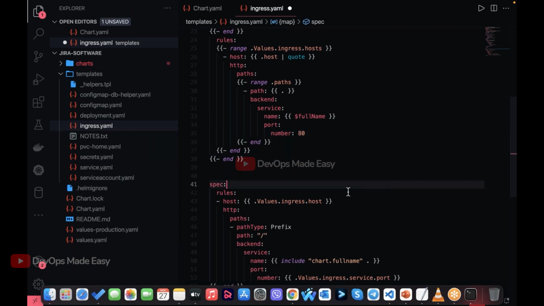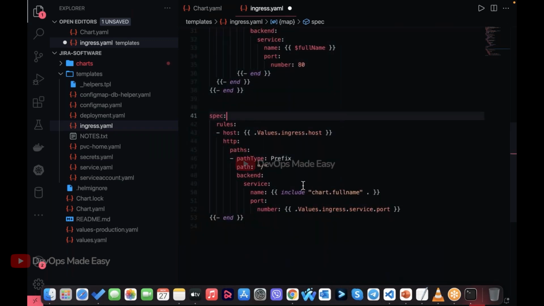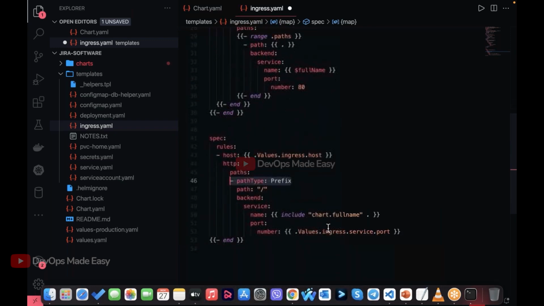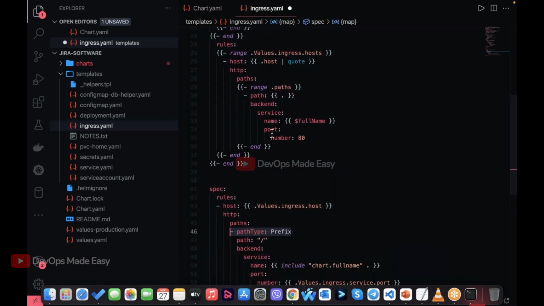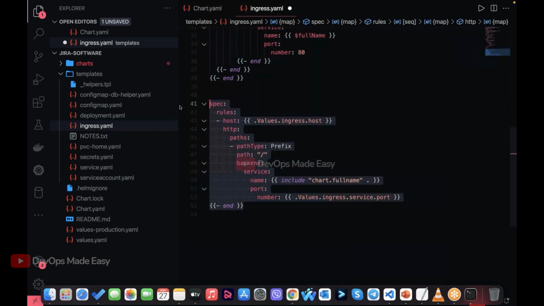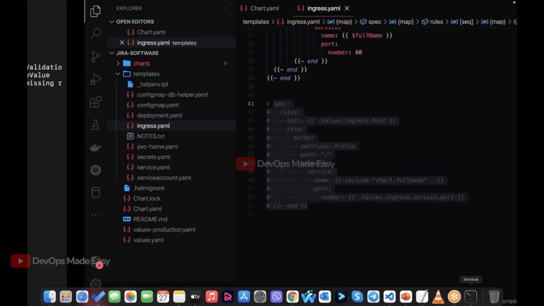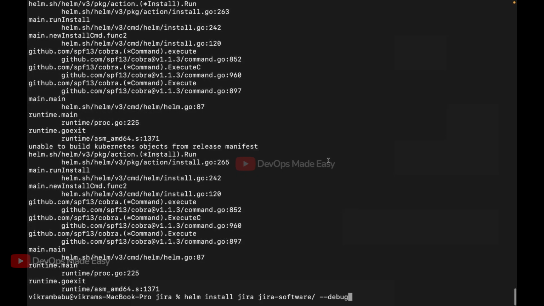So port number is fine, and there should also be a prefix for the path. We'll see if this is needed. Yes, the backend service name and port number are according to the latest syntax. So I'll comment this part, go to the terminal and try to install one more time.